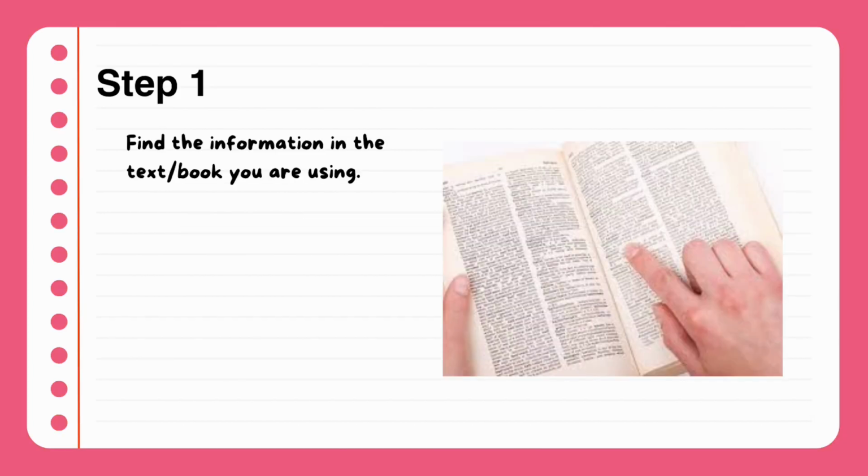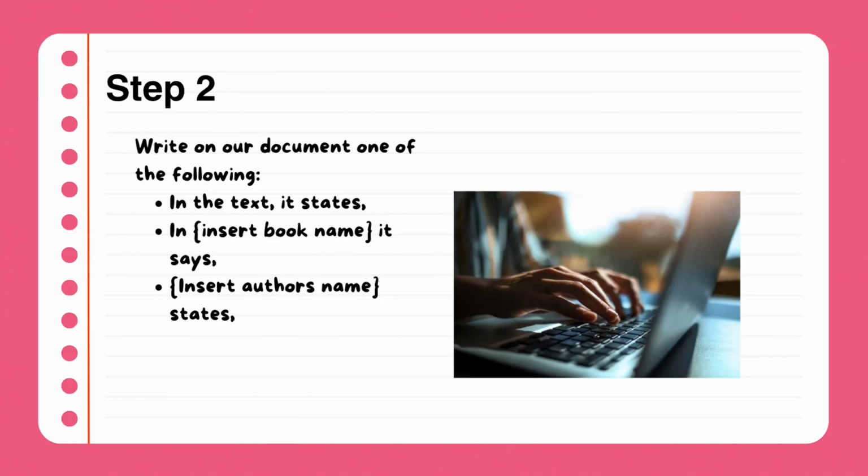Find the information in the textbook you are using. So as we can see in this picture, we've got someone holding their book, and they've found what they want to use as their evidence, maybe in the paper they're writing. So once you've found that, step 2